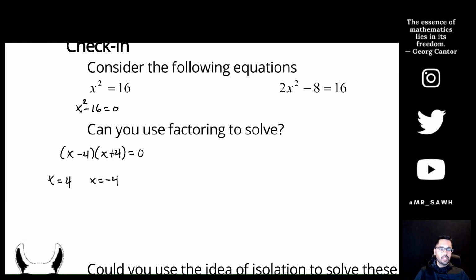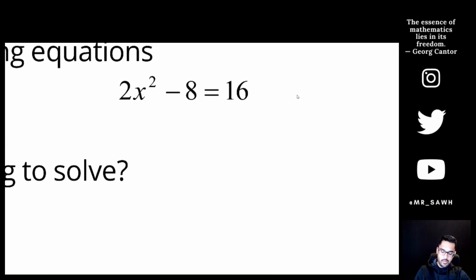So I could solve it pretty easily with factoring, but I didn't need to, because really I could have just square rooted both sides and got positive 4 and negative 4 anyways. So sometimes solving by isolation, if it's possible, makes it a little bit easier, especially if you think about this one. If I just add 8 to both sides,